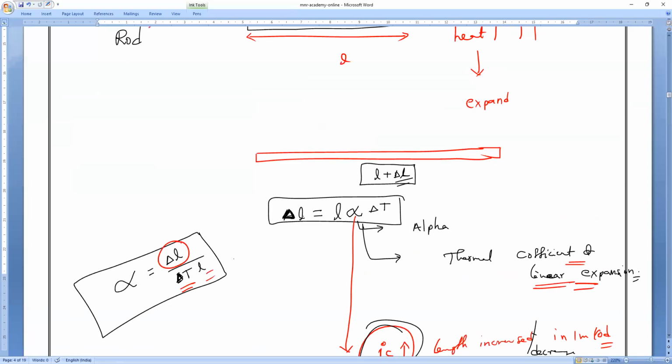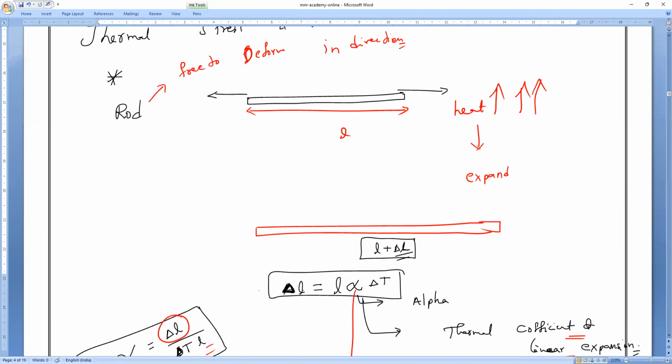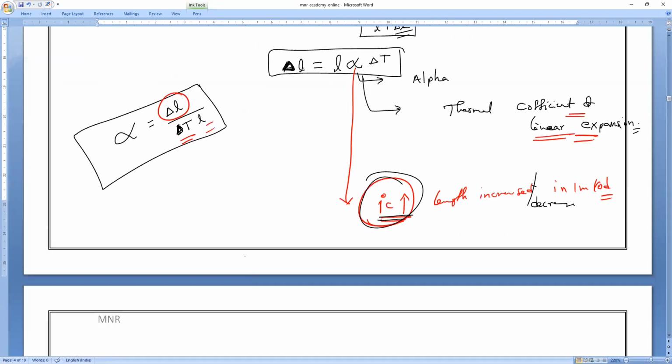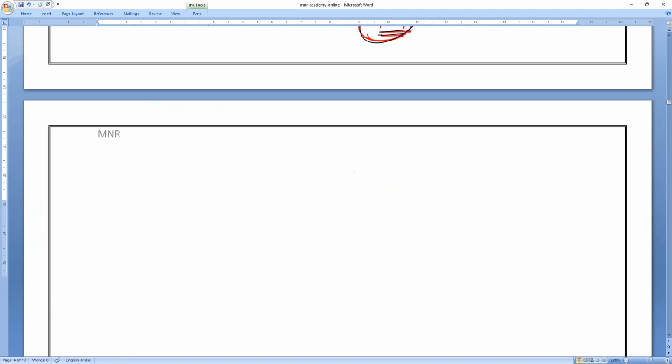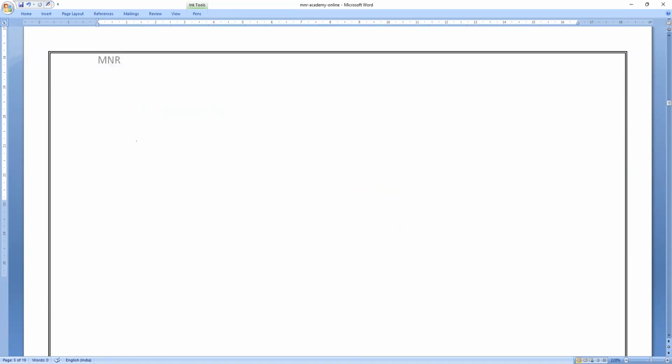So remember everybody, when a rod is free to deform in any direction, the change in length, if you want to calculate it, is delta L equals the original length into alpha into delta T, where delta T is the change in temperature. So now, if for example, it is not free to deform,